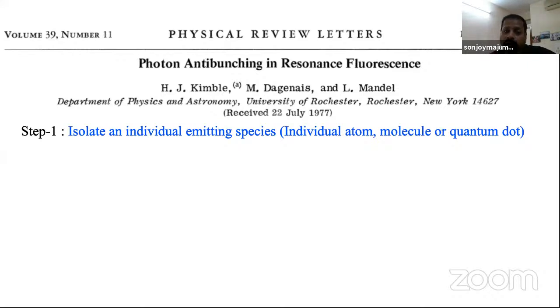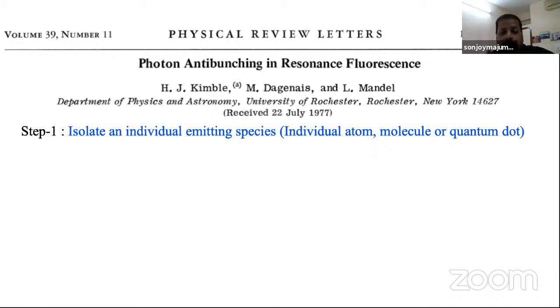So for that, what do we have to do? We have to get emitted light, and for that we have to choose some species which can emit. That species we have to identify and situate separately, in an isolated box, so that you can have that individual atom or molecule or quantum dot which can emit. Make a proper isolation for that, so that nothing is close to it.